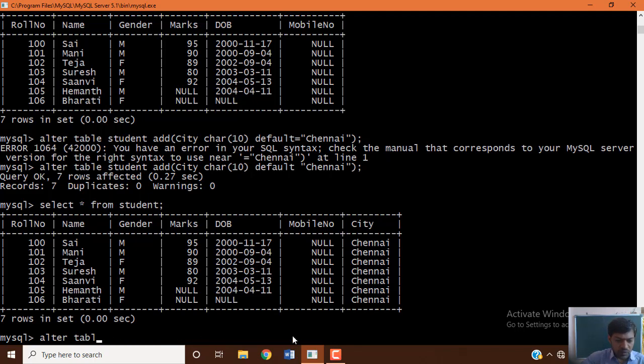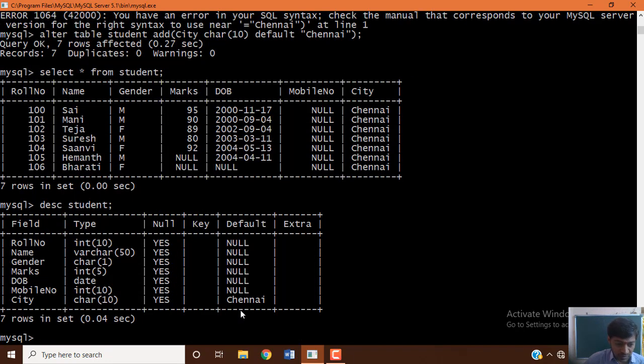Before modifying the size of the column, let's apply the description of our table so that you will be able to understand that. These are the sizes of data types which you can see, data type along with its size. So for the name field, if you want to update its size, yes, you can update that.